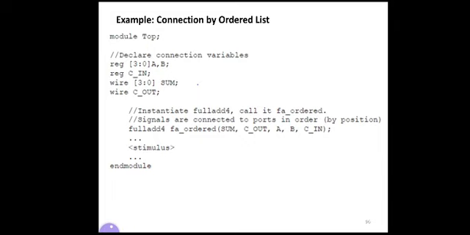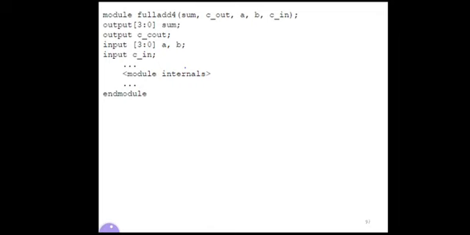If you use such an order in module top, then in the module full add 4 the same order list is used, that is sum, cout, A, B, cin. There is no change in the order: output 3 down to 0 sum, output cout, input 3 down to 0 A, B, input cin. So the order list is the same in both modules. This is connection by order list.